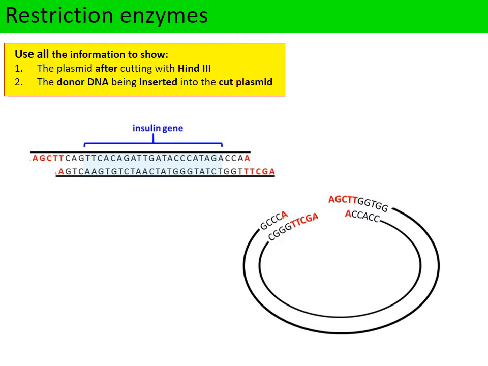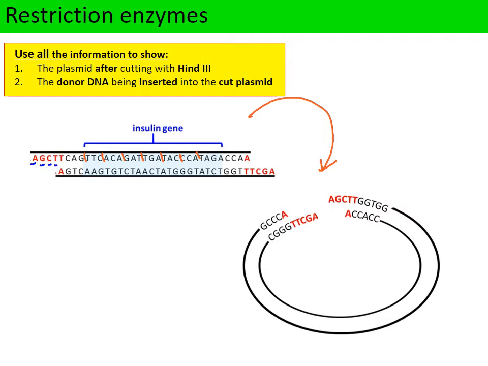Now, if we bring in our human DNA fragment, donor DNA, with the human insulin gene sequence, we know obviously a gene is a sequence of codons, and each codon specifies a certain amino acid that will end up in the polypeptide chain. Now we want to insert our human gene into the plasmid. So if we have a look at the sticky ends on either side of the insulin gene, we can see it's